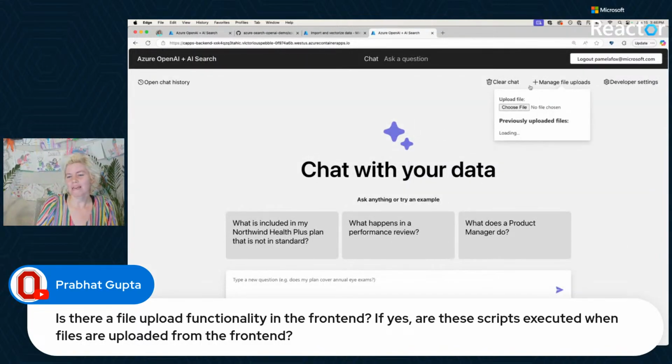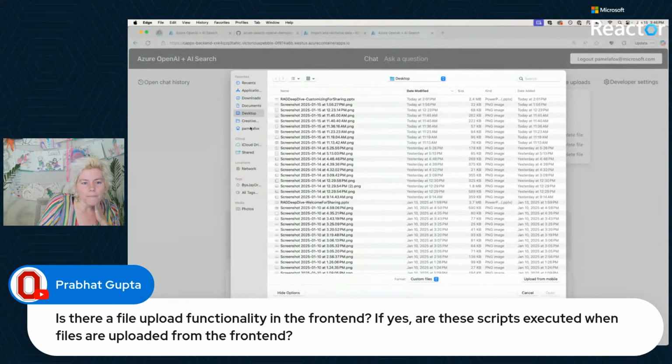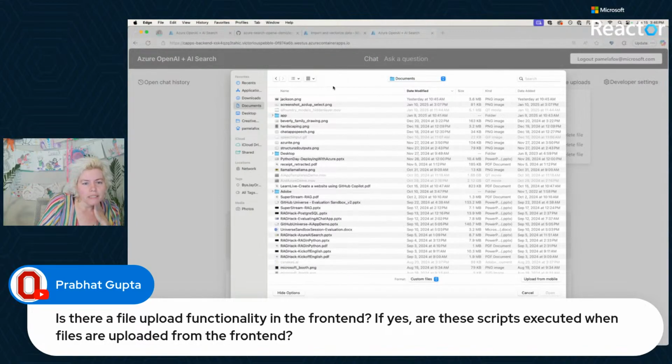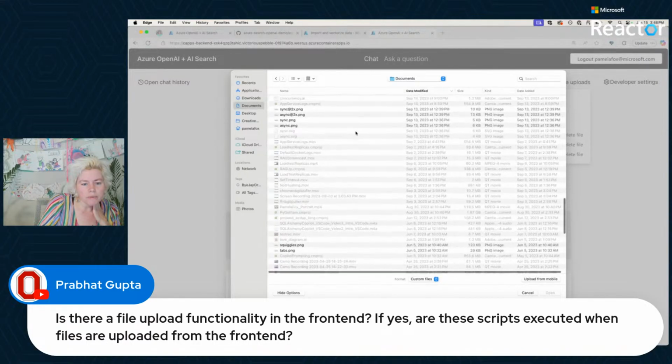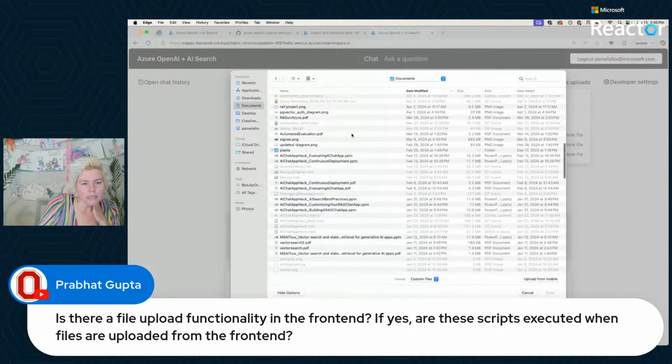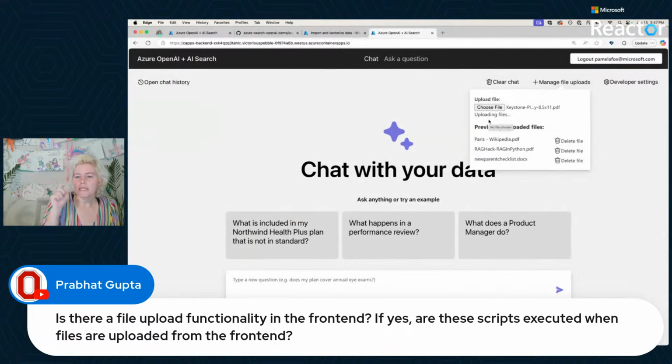And so then you can see this manage file uploads. And so if I upload here, let me actually try it right now. Live demos, yay, should work. We did it during the other one. So let me look and get a similar one to what we were just uploading. Plants, here we go. Okay, so when I upload the file, that is doing the same manual ingestion process that